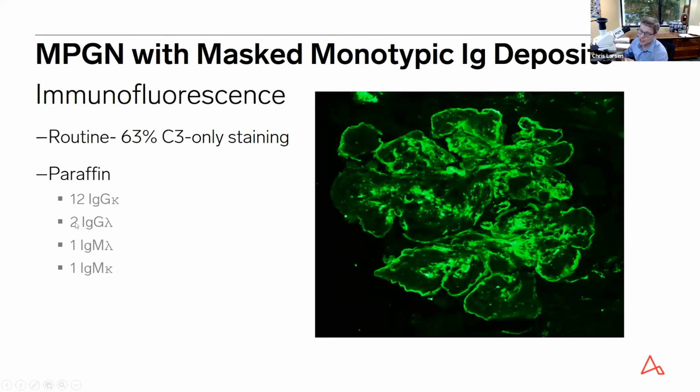The unmasking, what I showed was the most common, IgG kappa, followed by IgG lambda, but much less. And then sometimes in this series, the heavy chain was IgM. Coincidentally, yesterday, I had a case of this come across just in my routine clinical practice. That was IgG lambda, so that does happen. Oh, important to point out, 2/3 of cases showed C3 only staining by immunofluorescence. Okay, so again, they would have been very worrisome and easily misdiagnosed as C3 glomerulonephritis if the paraffin immunofluorescence had